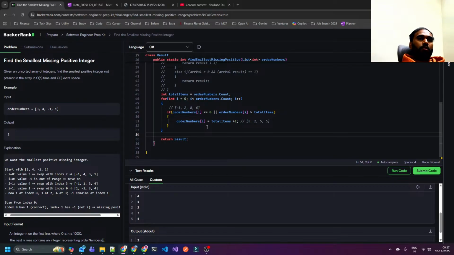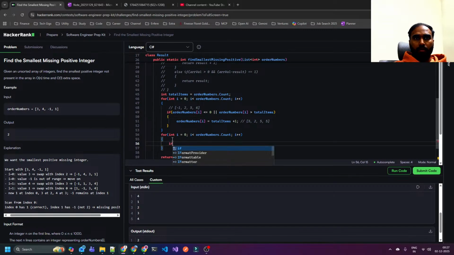Now what I can do is start looking from this to whatever it is. Now I can do one more time this, then if I do this and if I search if